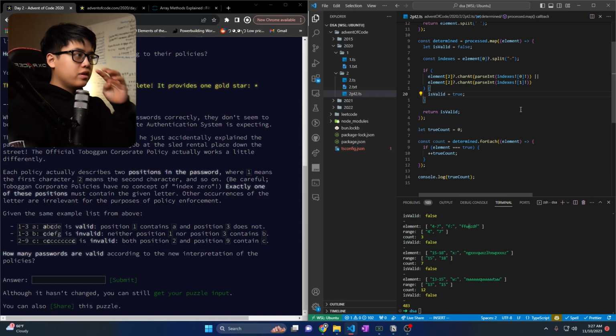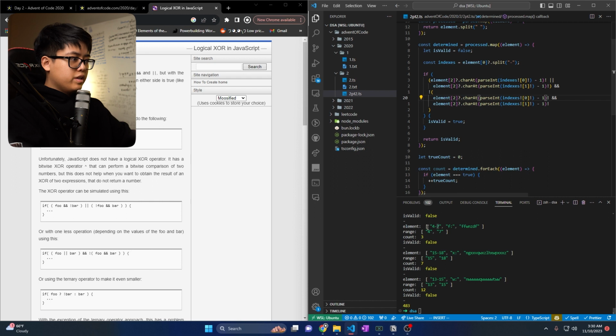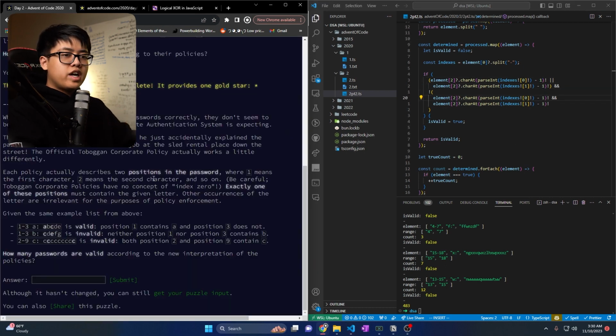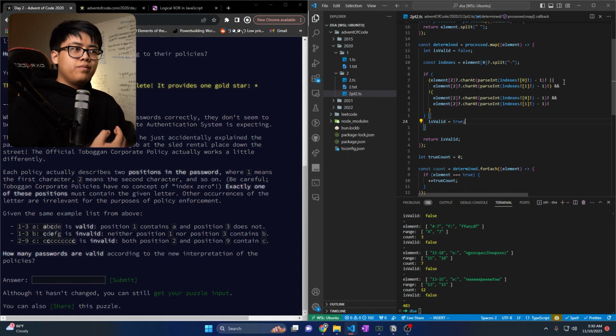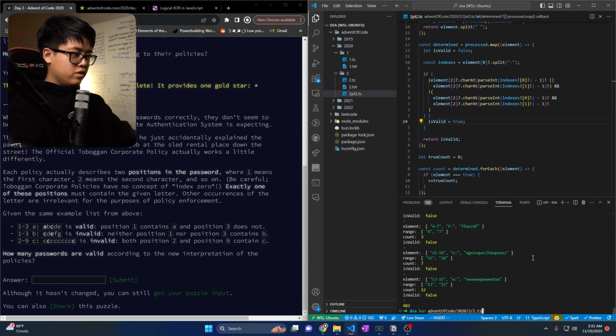Oh, but we need XOR. So what we do is that we split this part into 4 and 7, and then we subtract each one off the end. But then we have a logical XOR, which checks for one of these positions, not both. So if this or this is true, and this is not true, then we'll set is valid to true. So that's what basically a logical XOR is. If you're not familiar with logical XORs, it basically checks if and only if one of the statements is true. So yeah. So if we run this,